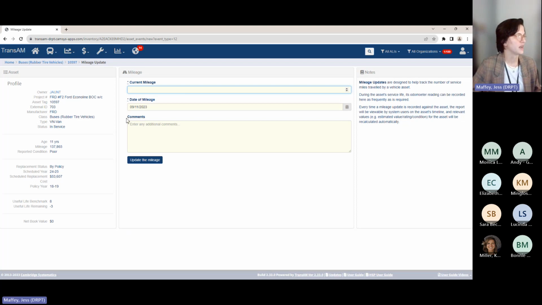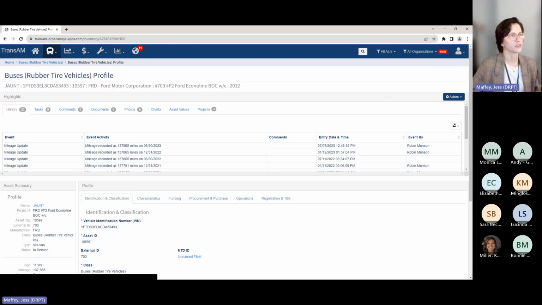the date, and any comments. Comments are not required, but if there's something you want to note for yourself, you can put it right in there and click update the mileage. That's what you need to do at least twice per year. You can do it more often. I'm going to use this little navigation up here to go back to my vehicle